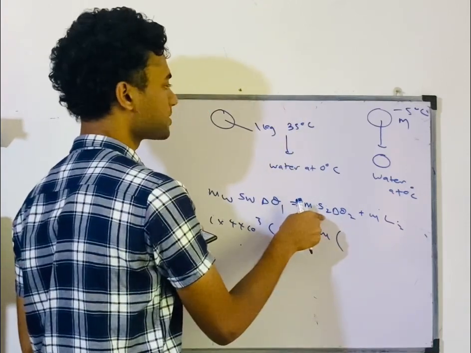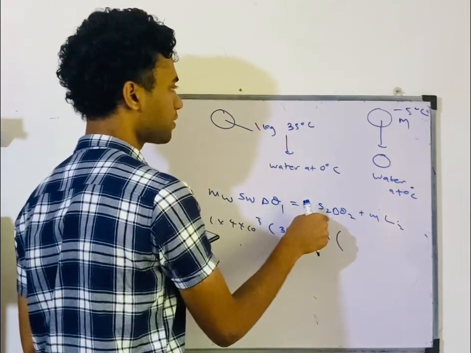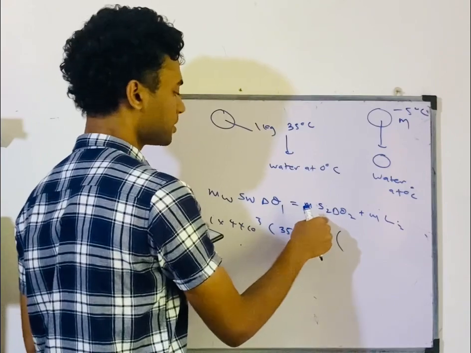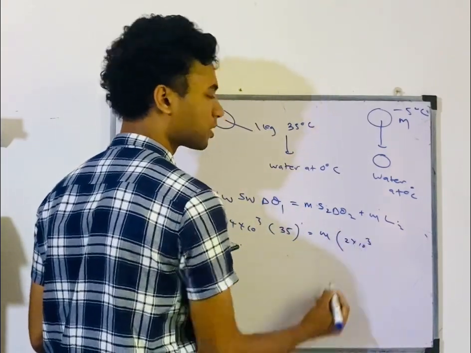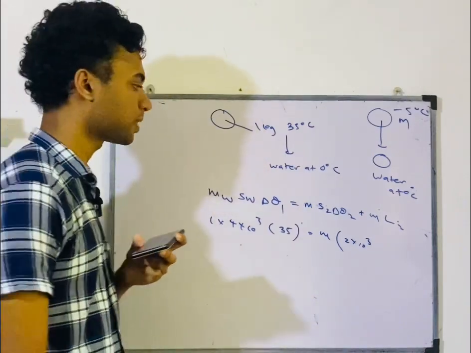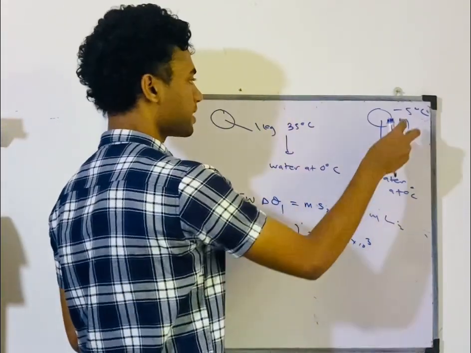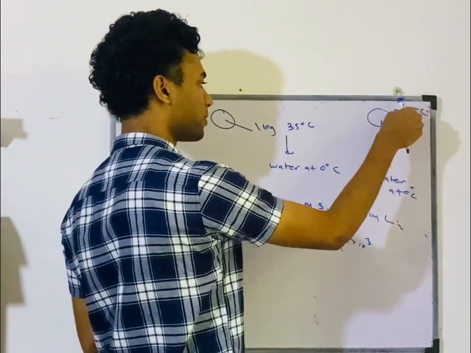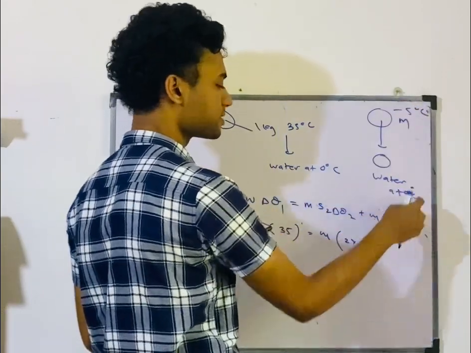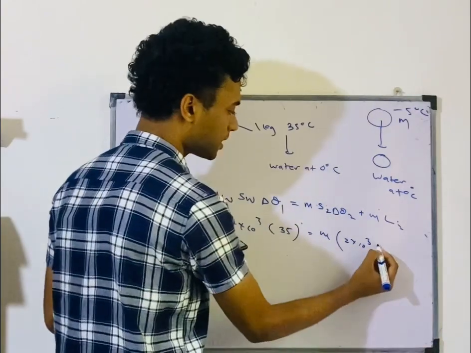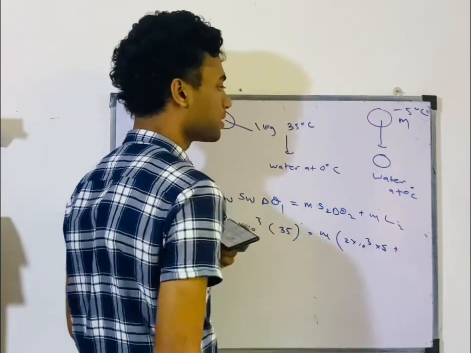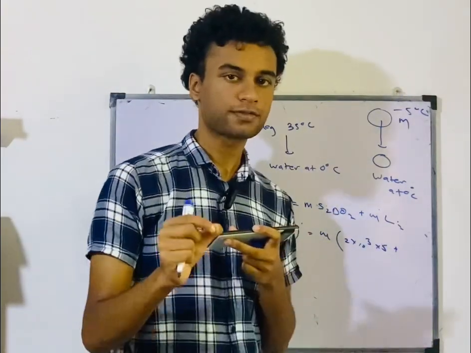What is the specific heat capacity of ice? They're given that as 2 times 10 to the power 3, in standard units. Ice is going to heat up from -5 degrees Celsius to 0 degrees Celsius. Therefore, the temperature difference is 5,